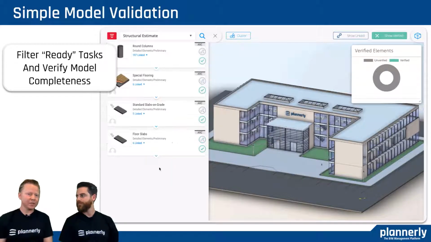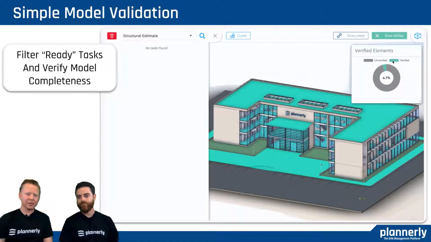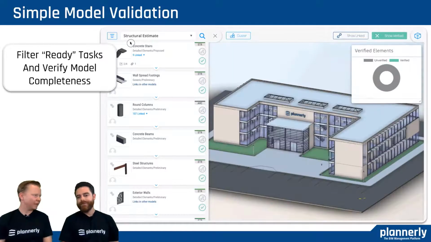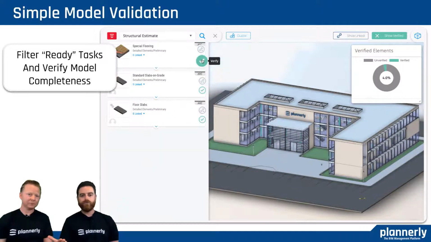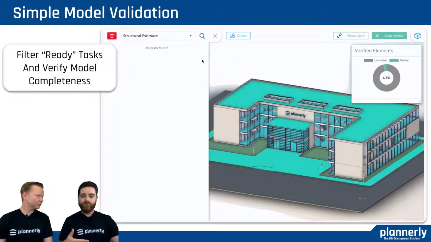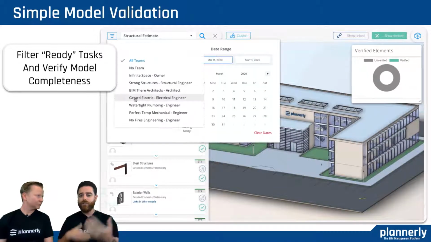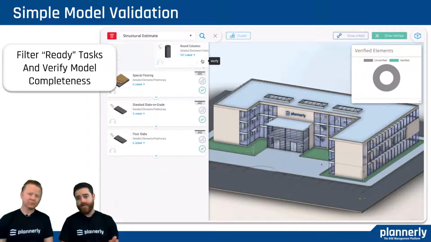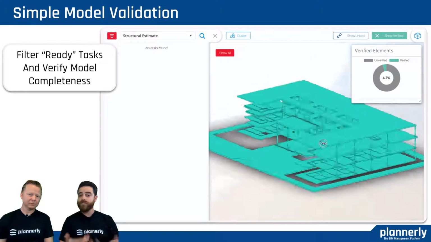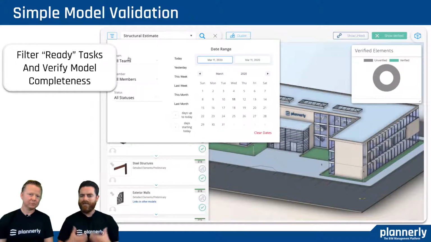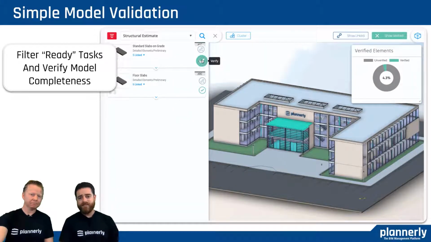So as we are filtering in this example for the architect's tasks, you can see that the percentage of verified elements is increasing, and we can filter for those elements that have been verified or that are yet to be verified. This really helps not just compare the model to the requirements. As you go, you're verifying, you're also highlighting the model, what's been verified. But as newer models get added, newer versions get added, you might find there are new elements that need to be verified, and those would stand out very clearly. So being able to track version control is really useful in these cases.